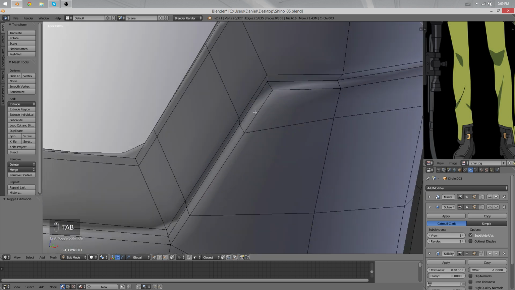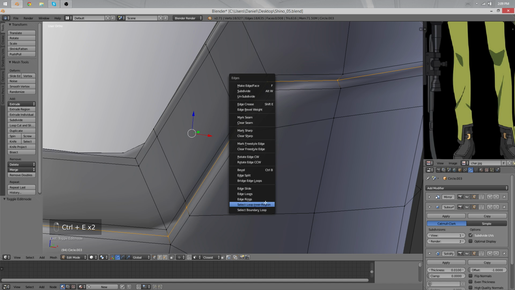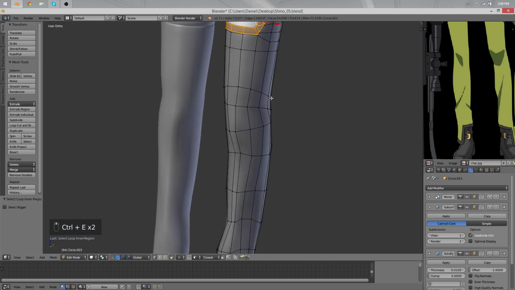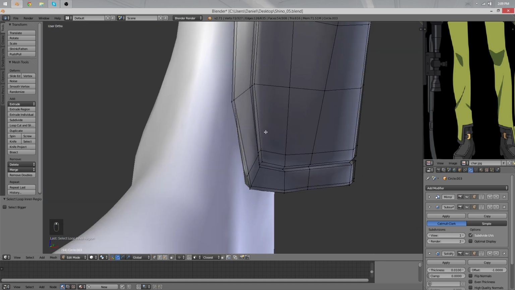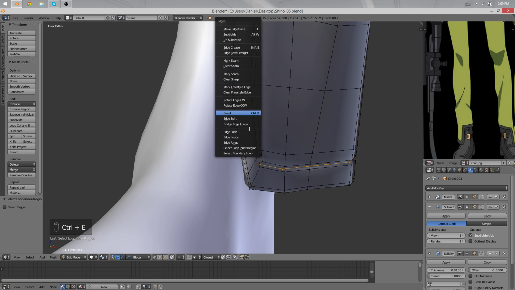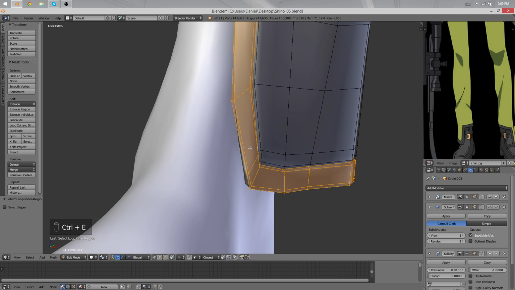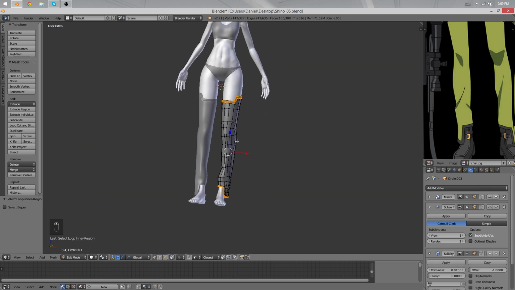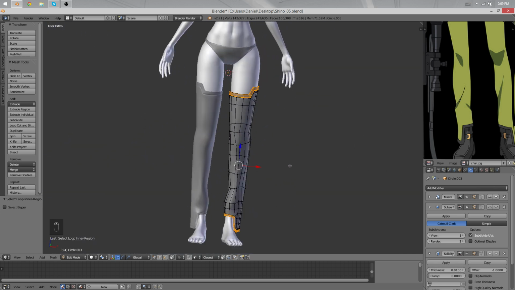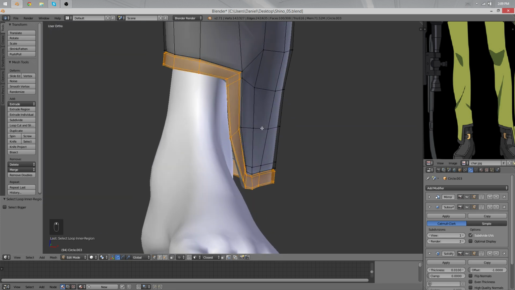So I'm going to select this entire loop by Alt right clicking this loop, and then select loop in a region after Control E to enter the menu. Then with Shift select this other loop, Shift and Alt, and then again Control E. Oh well, that is not going to work properly. Oh, it did work. Perfect. So I just did the same thing again. So we have now these two areas,